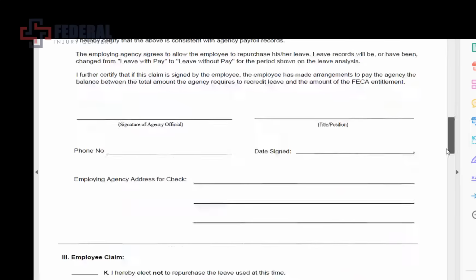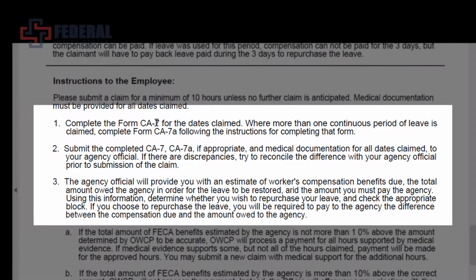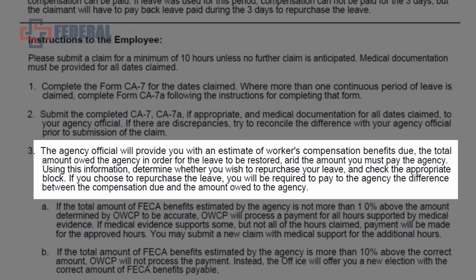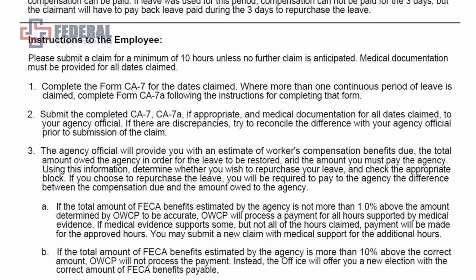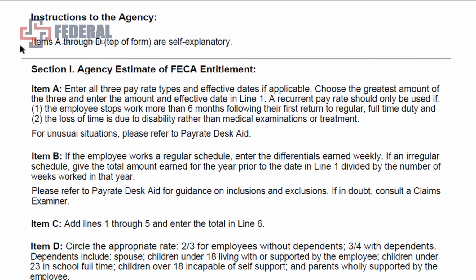Well, if we come down here to the instructions, you're required to complete Form 7. If necessary, fill out Form 7A. Submit both Form 7 and 7A if 7A is appropriate. The agency will provide you with an estimate of workers' compensation benefits due, the amount owed to the agency in order for the leave to be restored, minus the amount you must pay the agency. So we scroll down just a little bit more. What we see is that the agency is required to fill everything out from